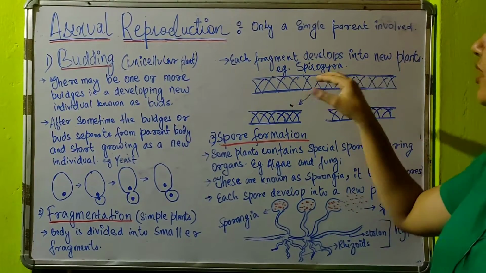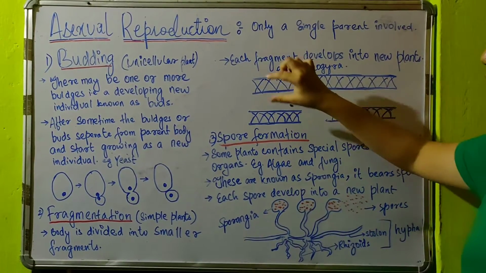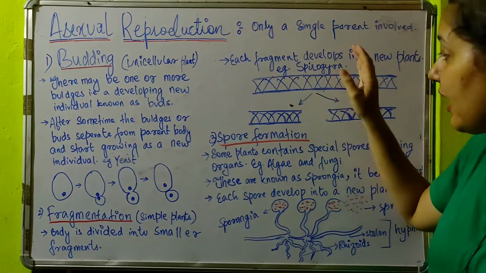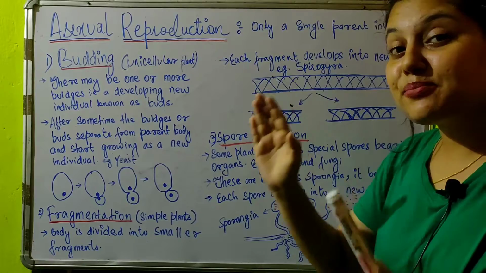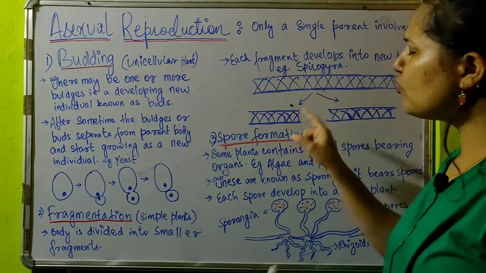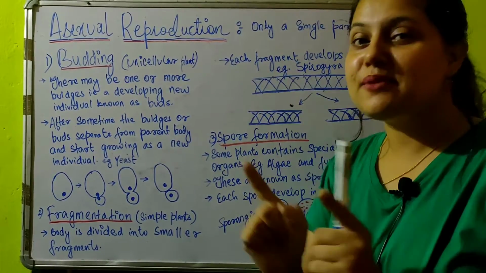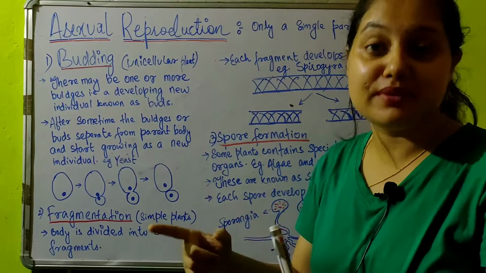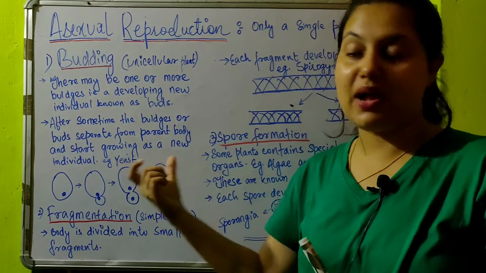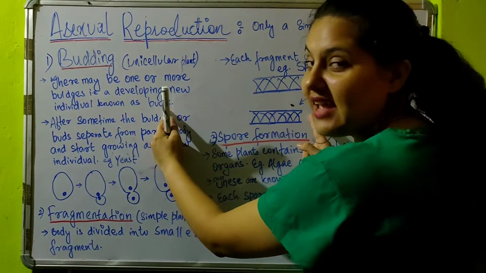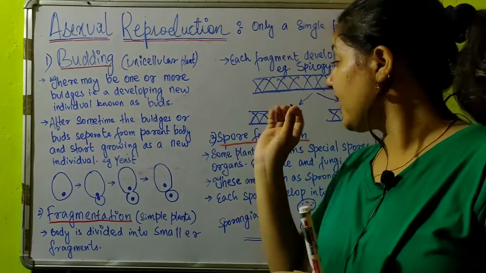Each fragment develops into a new plant. The example is Spirogyra. You see out here, this is a plant body. Now the plant is getting fragmented. That means the plant is breaking into pieces. I have made only 2 pieces out of this plant, but this plant can be broken into any number of pieces. Each piece will now start developing as a new individual plant. This piece will again grow in size, this piece also will grow in size, and it will exist as a